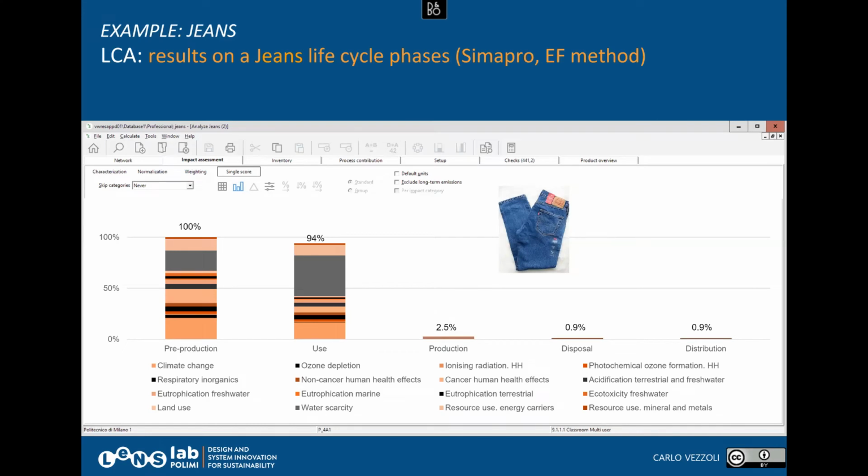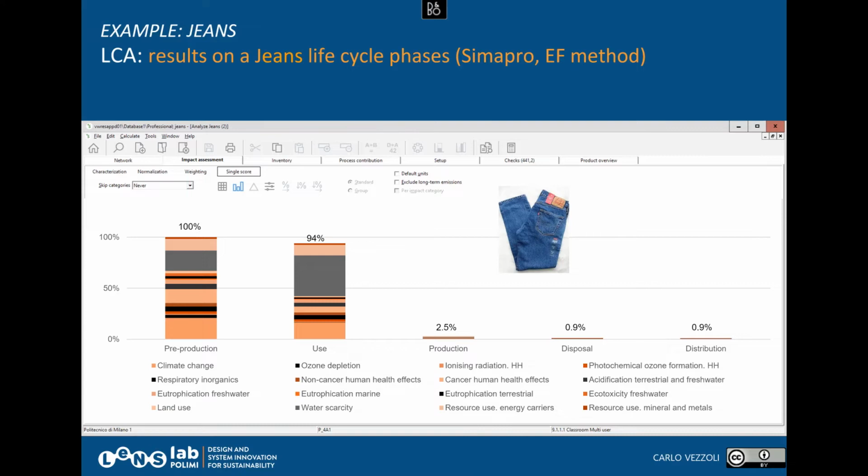And this is a typical result that I may have. This is, we made it. So we made a life cycle assessment, taking some average data of a reference blue jeans. And so this is a kind of a result that we may have. Okay, so we know that in pre-production we have a very high impact, in production this, and then in the